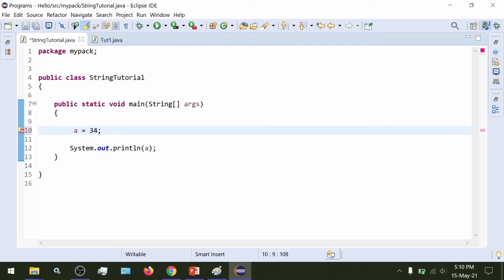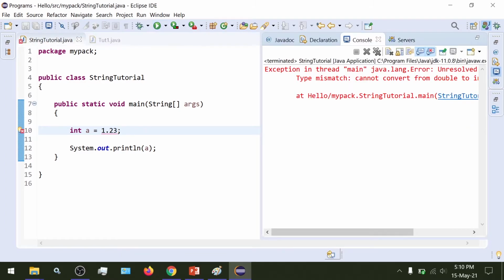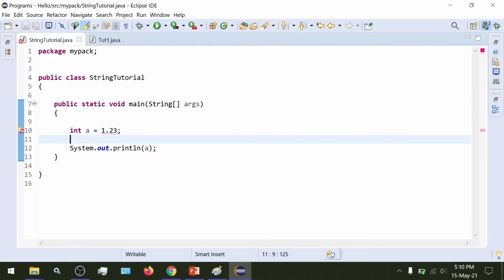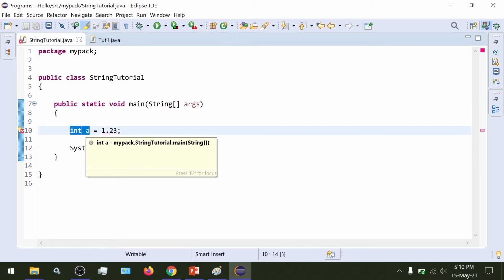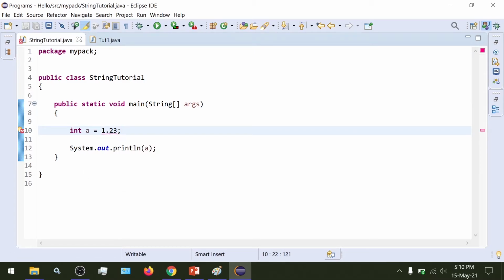So if I try to make int a as 1.23, then I would get this error because I cannot represent numbers with decimal points in the type int. We need special data types to represent numbers with decimal points.